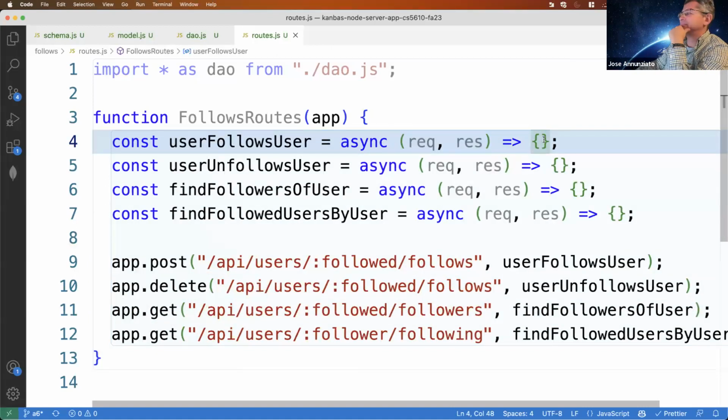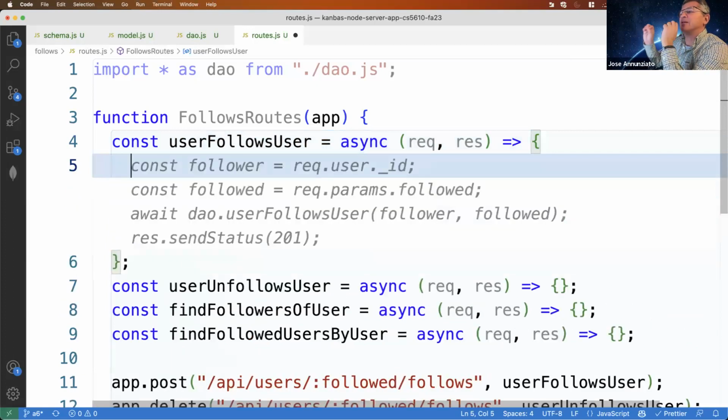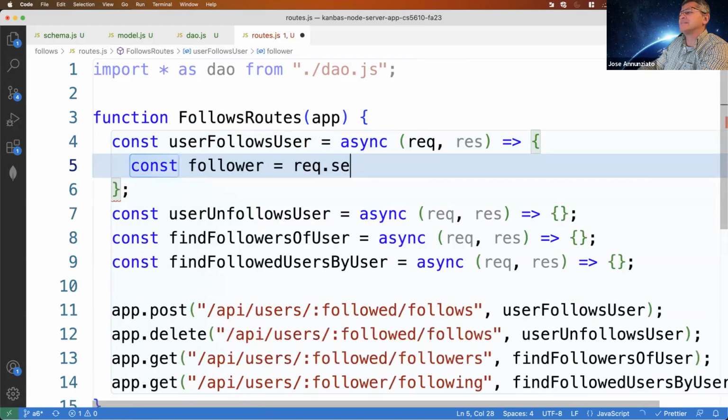Okay, so user follows user, right? So who's the follower? Let's see. The follower is going to be the request.session, the current user, right? And the ID of that person, okay?